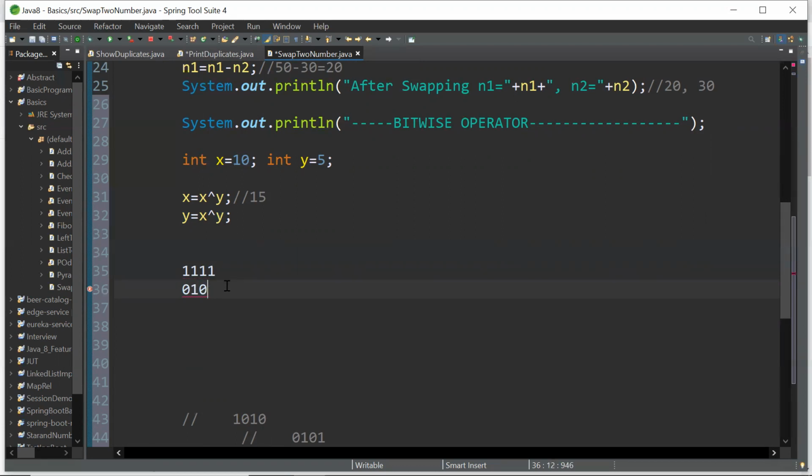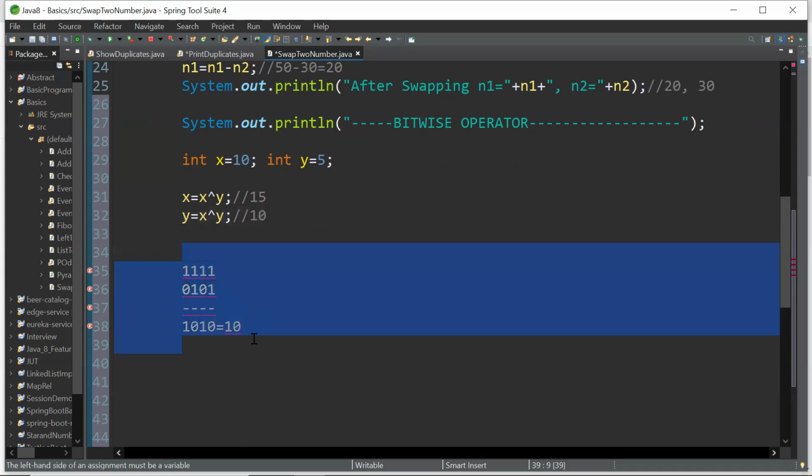Okay, so now let's see how it will work. If it is 1 1, it should be 0. If it is 1 0, it should be 1. Then again here 1 1, it is a 0. Then 1 0, it is a 1. So I'm getting 1 0 1 0. The 1 0 1 0 means the decimal value is 10. So here we will give 10. Next, I'll remove this one.